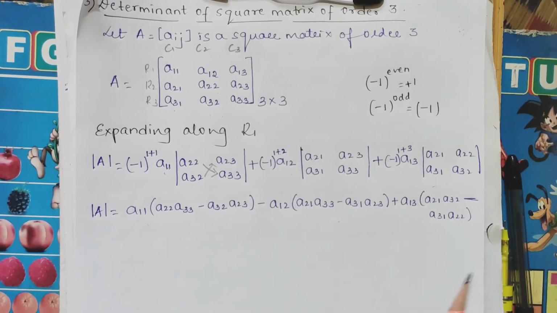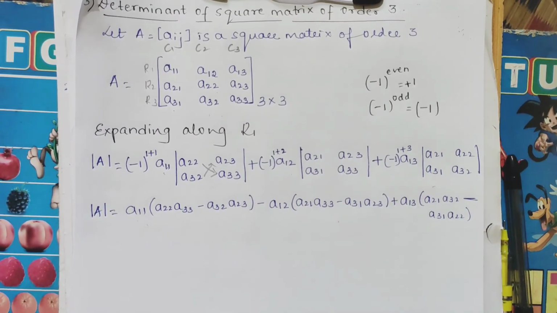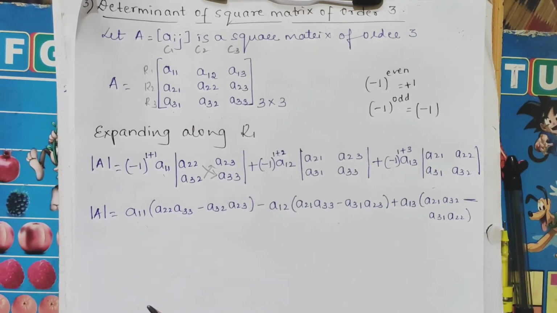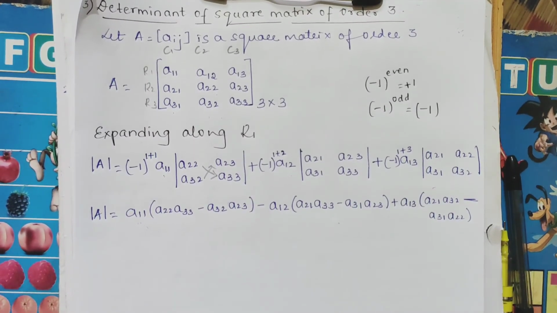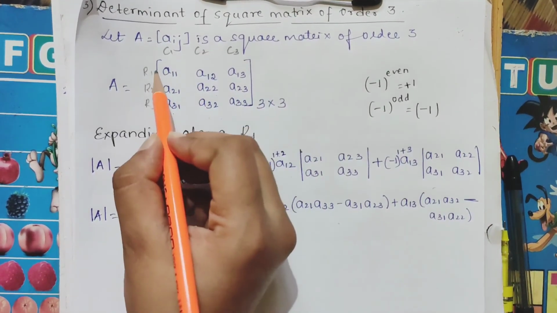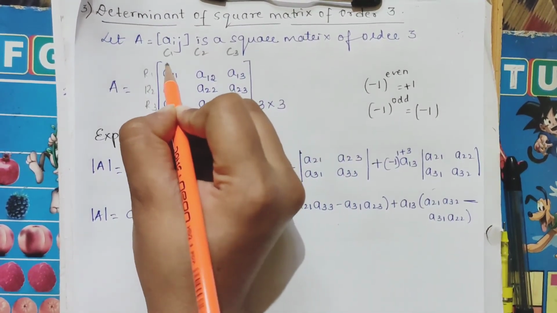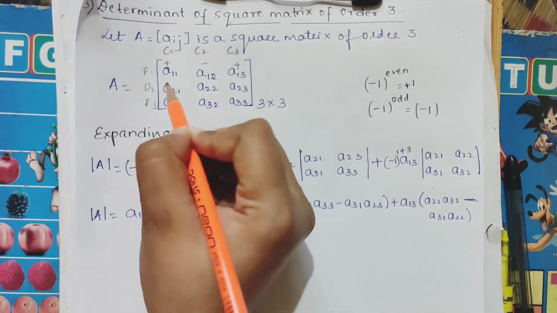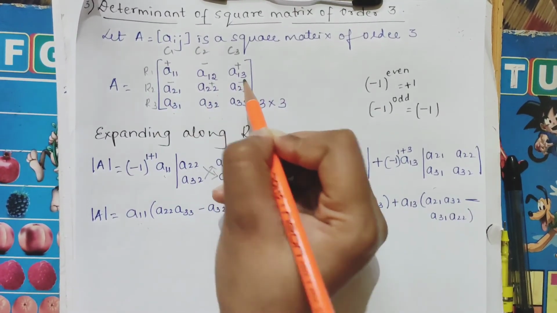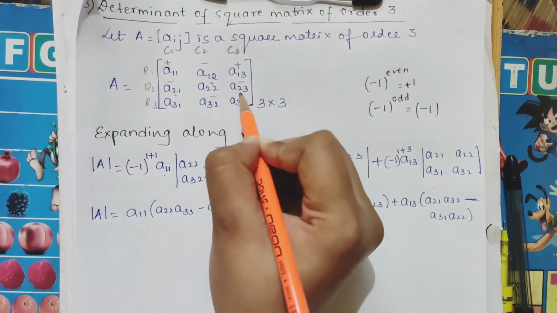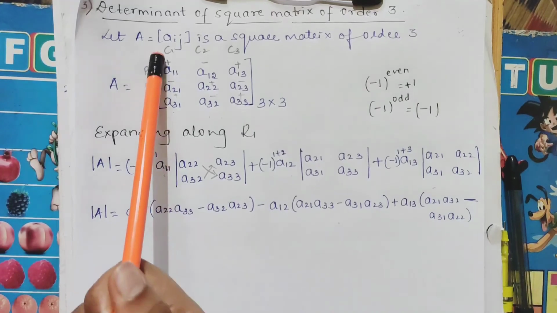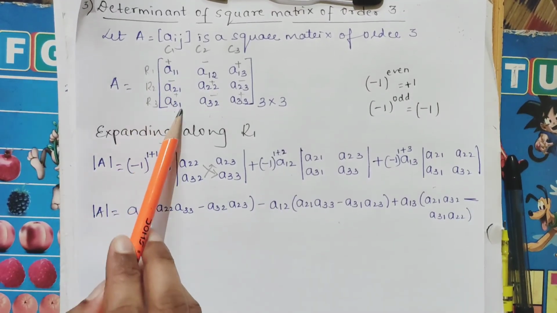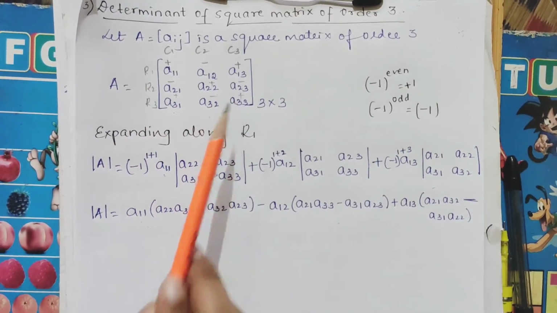After doing this, there is one short trick I was telling about, not really a trick but just something simple. By doing this you have come to know the signs. Now, how you have taken plus, minus, plus. Whenever you are solving, you can just note it down. First row will be what? Here see, plus, minus, plus. The same carries on: minus, plus, minus, again plus, minus, plus. This is carried along the rows and the same for the columns also. See here, plus, minus, plus, minus, plus, minus, plus, minus, plus.